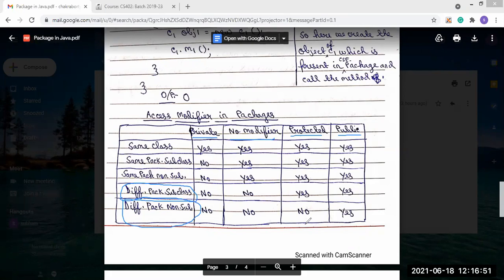So that's all of the concepts of packages. This table is very much important. Try to remember it, because for any conceptual question, you can answer it through this table. So it is very important to remember this table.